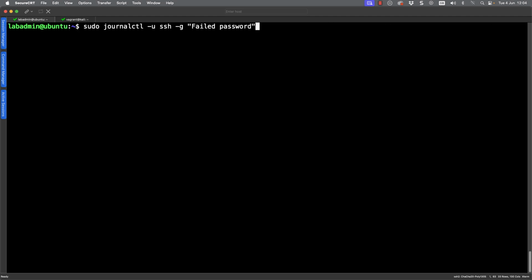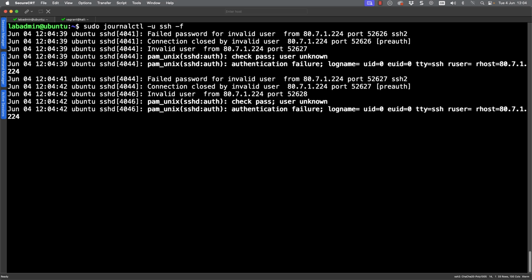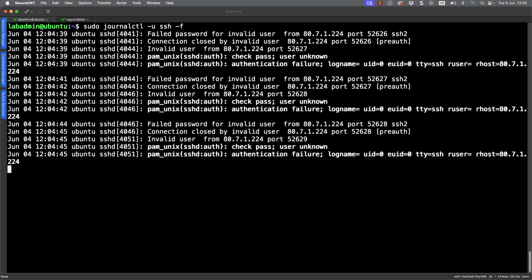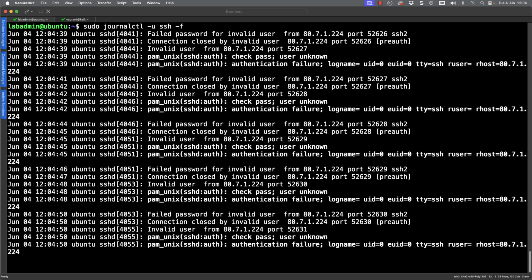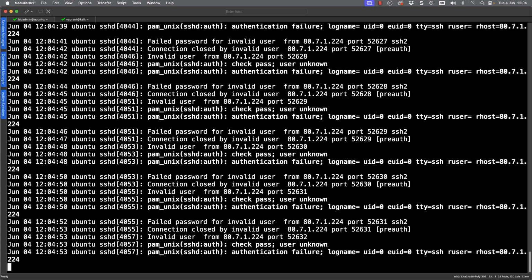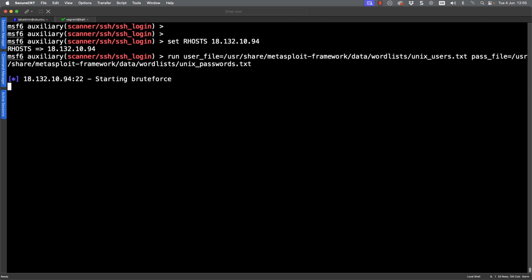If I go back to the Ubuntu AWS server, let's just change our journalctl command to look for our unit ssh, but I can use the -f, so I am following the end of the journal log. And we can see that it's just a heap of user attempts, SSH login attempts, that are failing. Invalid user. So we can see that this is working, and it's this type of behavior that we want to prevent.